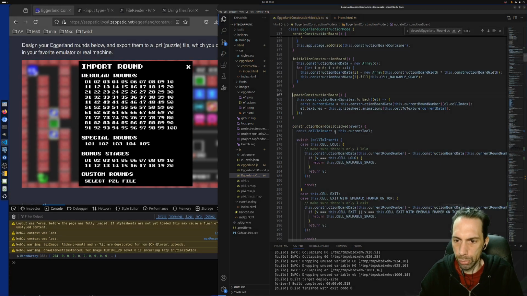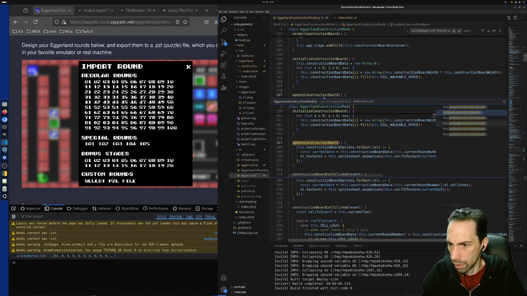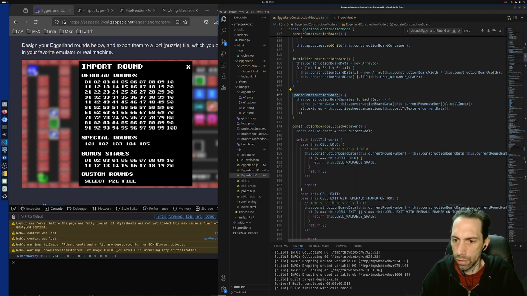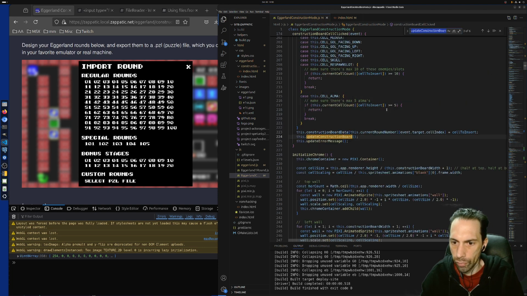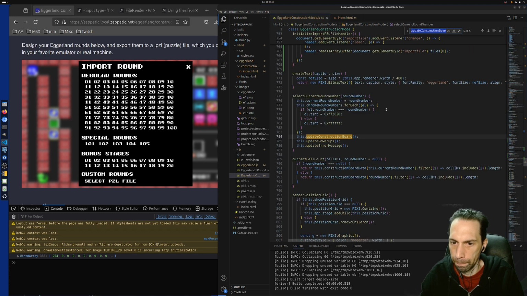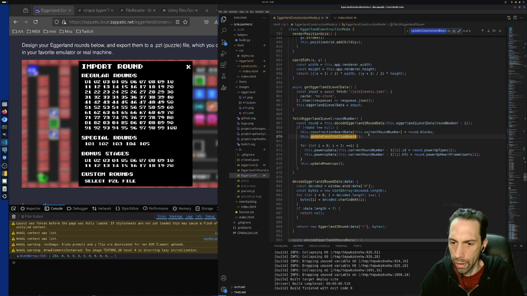Because that's just updating the textures and stuff, but that's fine. Like that happens 5 times, then probably faster than you can see, so that shouldn't be a huge problem. Yeah, so